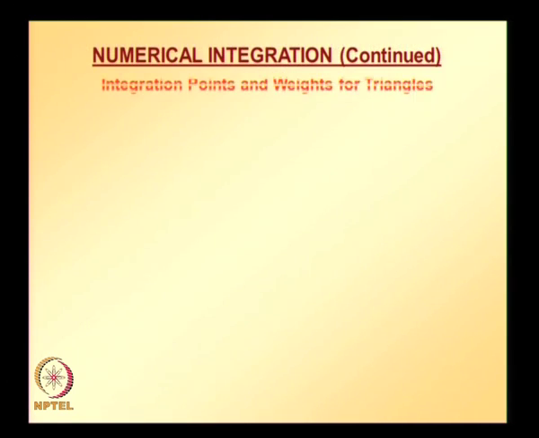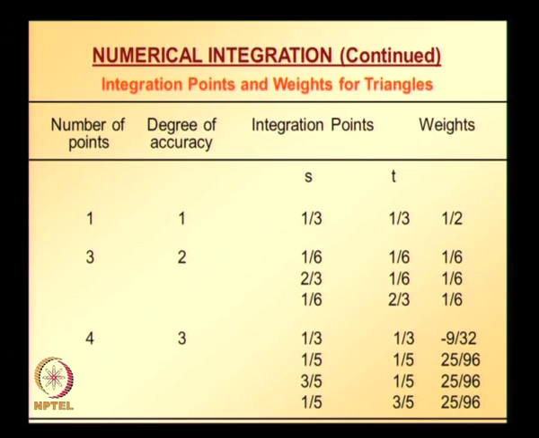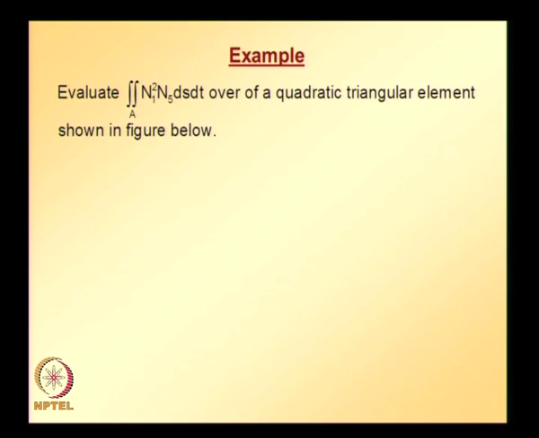So whatever the triangle may be, for integration purposes it is going to be mapped onto a right angle triangle where s goes from 0 to 1, t goes from 0 to 1. So the number of integration points, the degree of accuracy associated with adopting this number of integration points, and the locations of integration points and corresponding weights are given in this table. So this helps us to evaluate this kind of integral